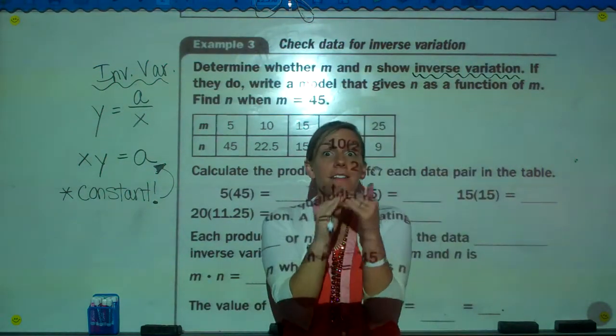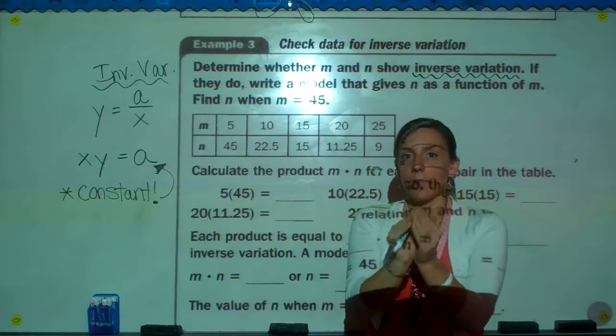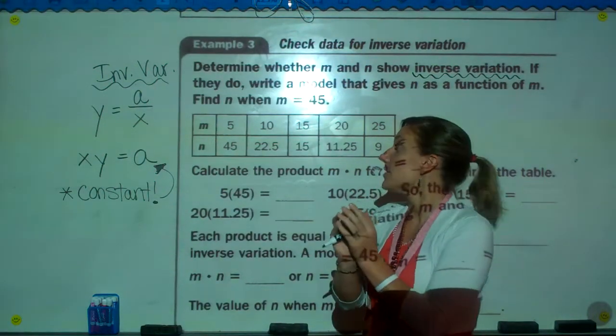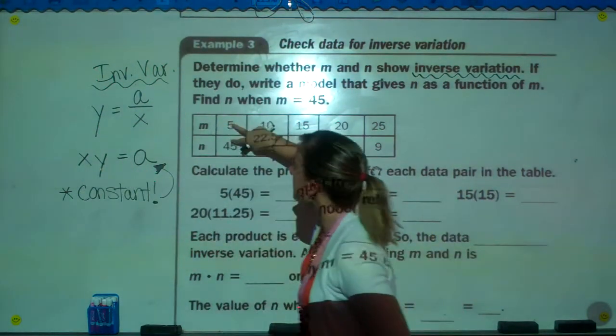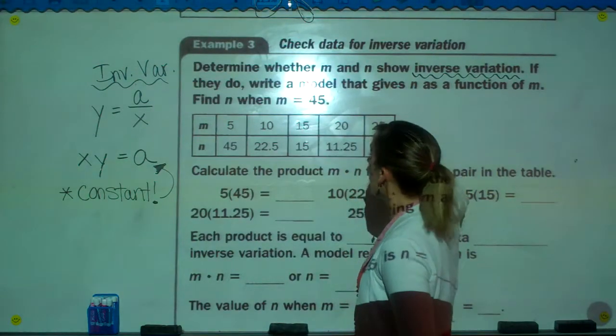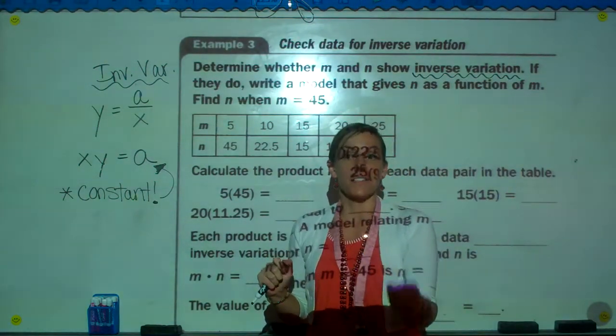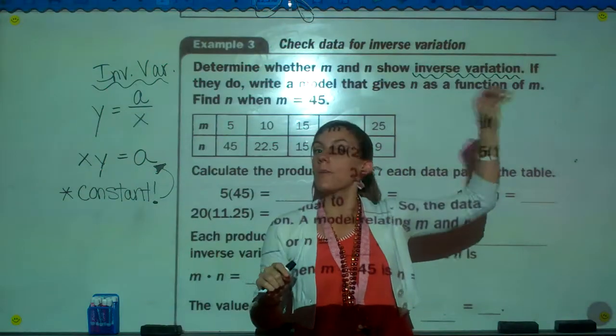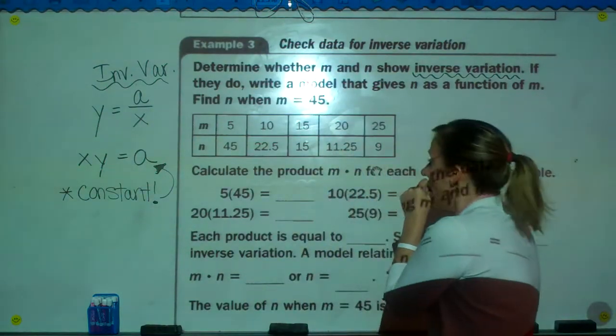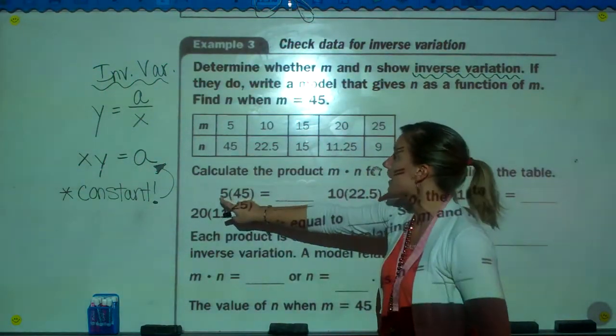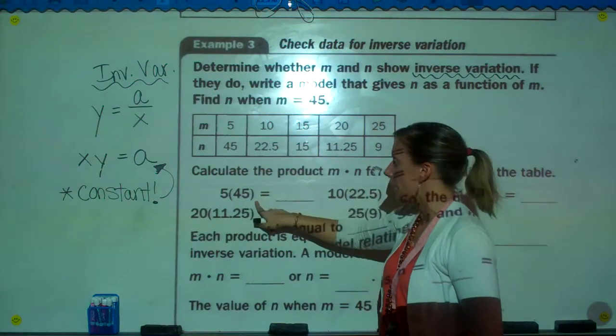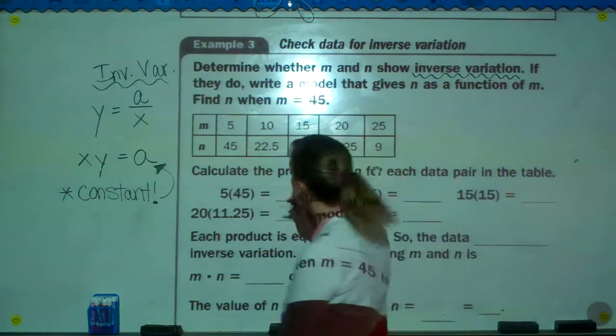Okay? So when we have an inverse variation, that means that the constant is always going to be the same. So you want to actually multiply these every single time just to make sure that the constant is the same constant for every pair, for every relationship. So that's why right here they're saying, well, what's 5 times 45? And that is